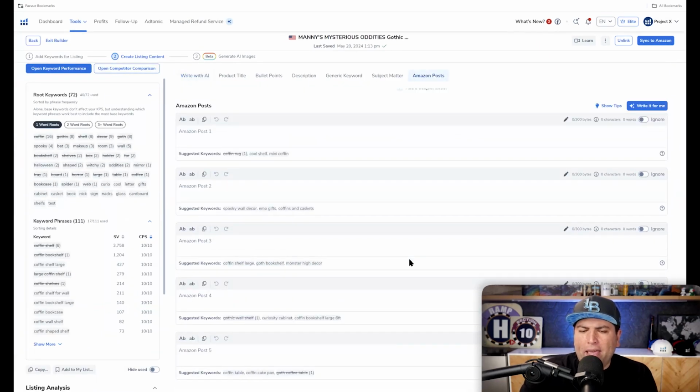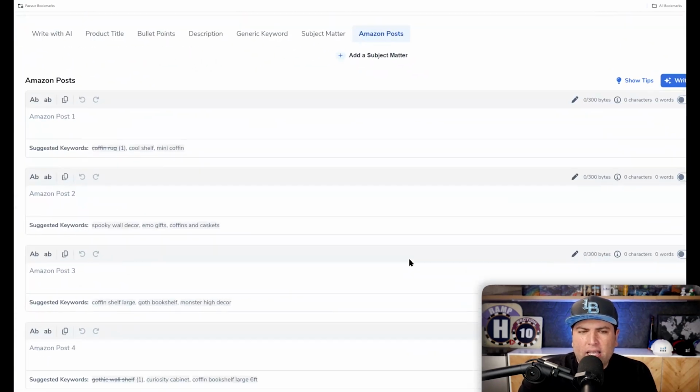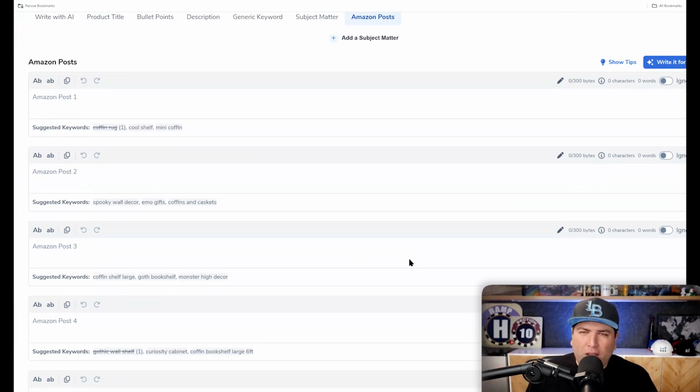A couple other AI things that this has is Amazon Posts. When we developed this tool, we actually had your Freedom Ticket module in mind, where you talk about how if you're doing Amazon Posts, you should be doing a different one every day, right? And you had some hacks for having different images every day, but you can't have the same caption every day.